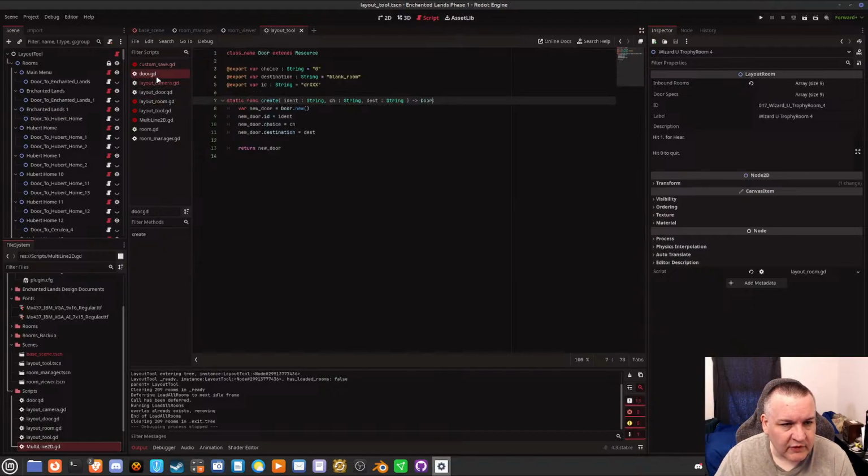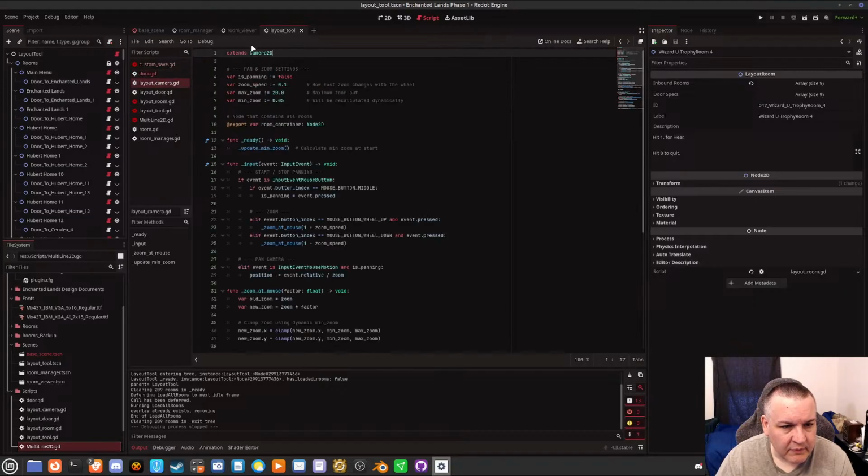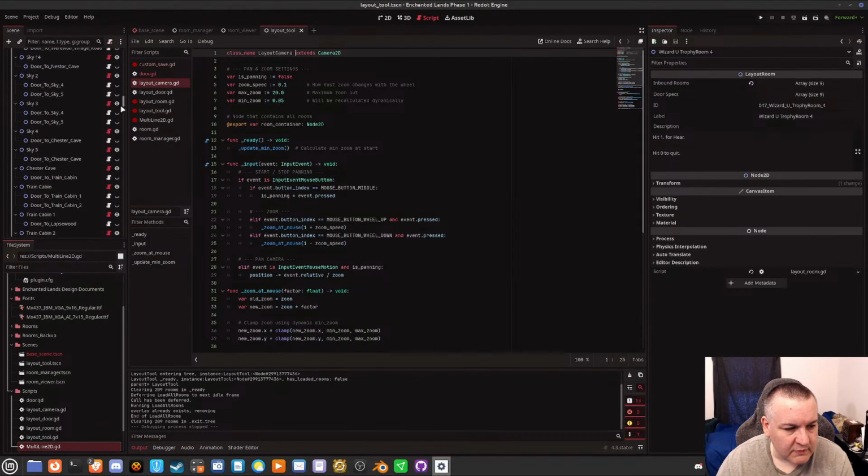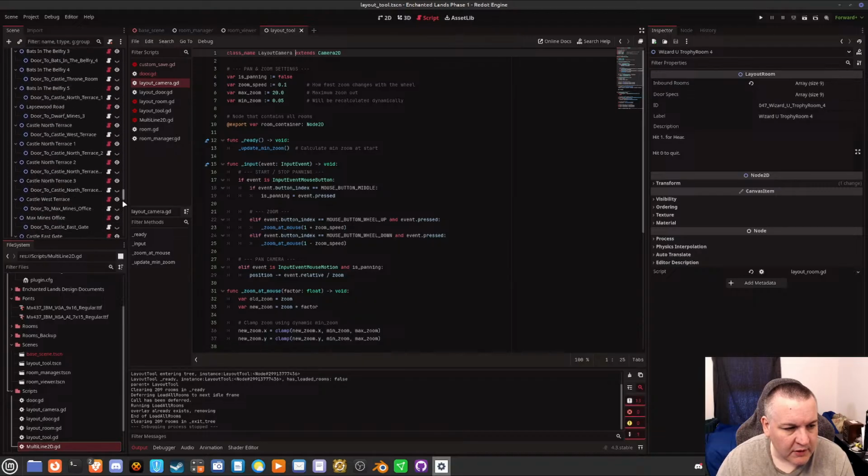And what is it? It's called class name. Right. Okay. Class name layout camera extends camera 2D. Okay, now next thing I need to do is I need to remove it from